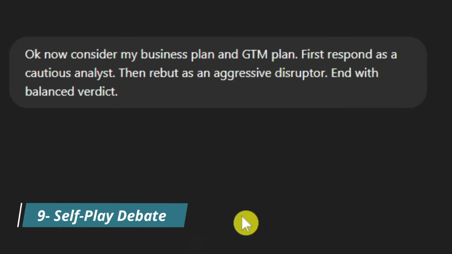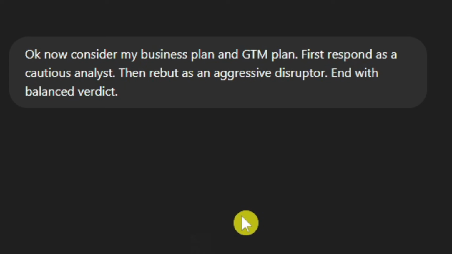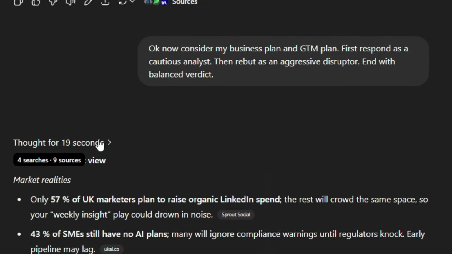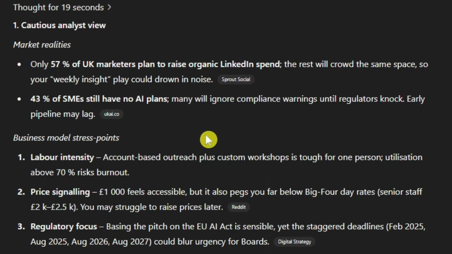Okay, hack number 9. Now consider my business plan and go-to-market plan. First, respond as a cautious analyst, then rebut as an aggressive disruptor, end with a balanced verdict. So it thought for 20 seconds. All this using ChatGPT o3. So you can use this on the free model, on the free account. Cautious analyst view: only 57% of